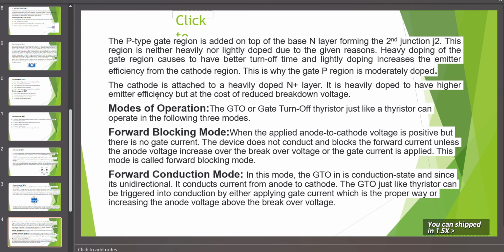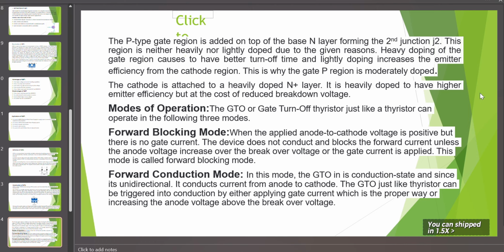The cathode is attached to the heavily doped N plus layer. মানে cathode heavily doped N plus layer এর সাথে connected. It is heavily doped to give higher emitter efficiency, but at the cost of reduced breakdown voltage. মানে বেশি ডোপ করার জন্য higher emitting efficiency হয়, বাট কিন্তু ব্রেকডাউন ভোল্টেজটা রিডিউস হয়ে যায়।